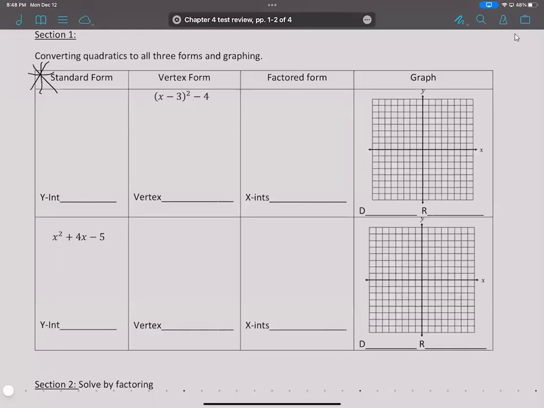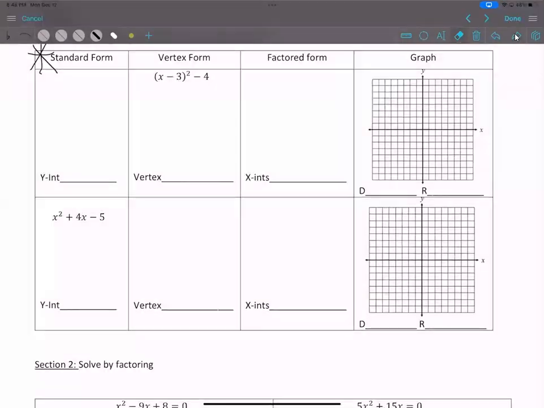All right, Swope here. Going to make videos of each section, so hopefully you can watch the parts you need, or if you're working through this, hopefully maybe it gives you a little bit of help. But this first section, we're going to be graphing these quadratics, but more so this section is really about converting from form to form. Depending on what form you have, finding a piece of information that kind of goes with